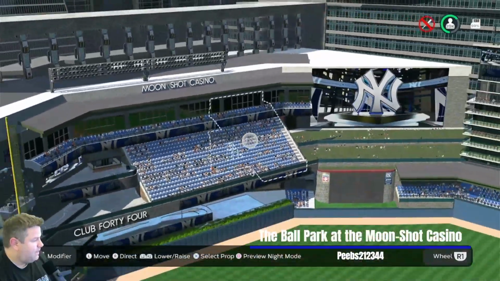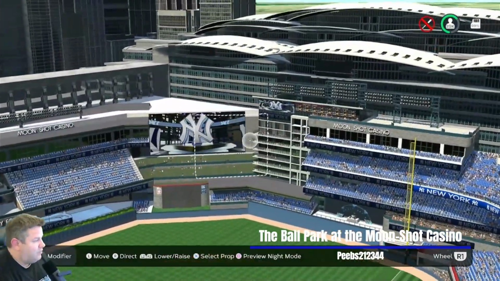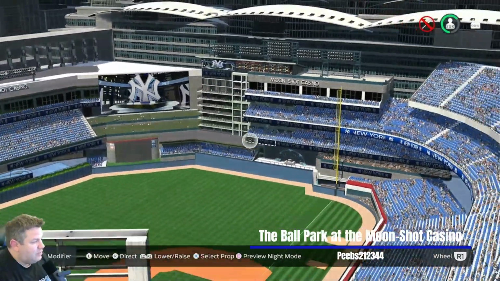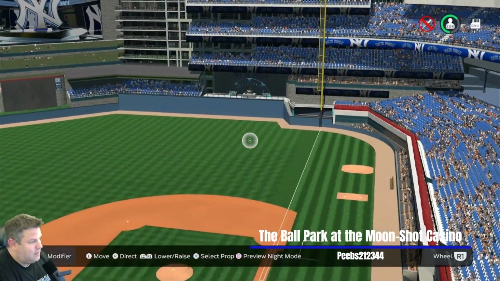So, there it is. That's the Moonshot Casino. This is the version of it that's in the vault right now, and this is the version that you'll see in Ricky Davis League highlights. I mean, it's like